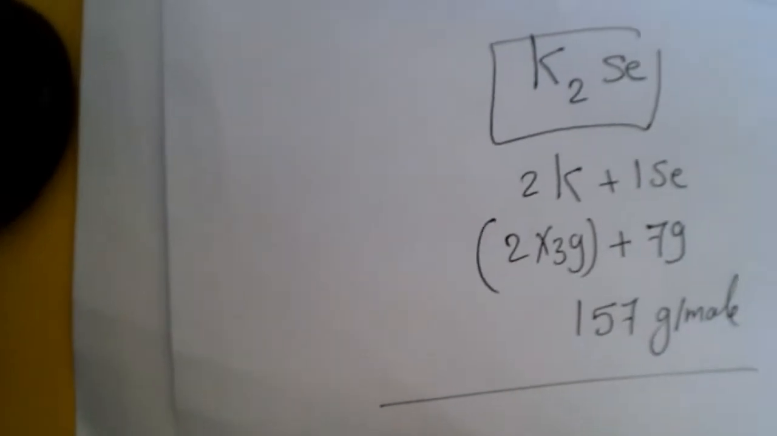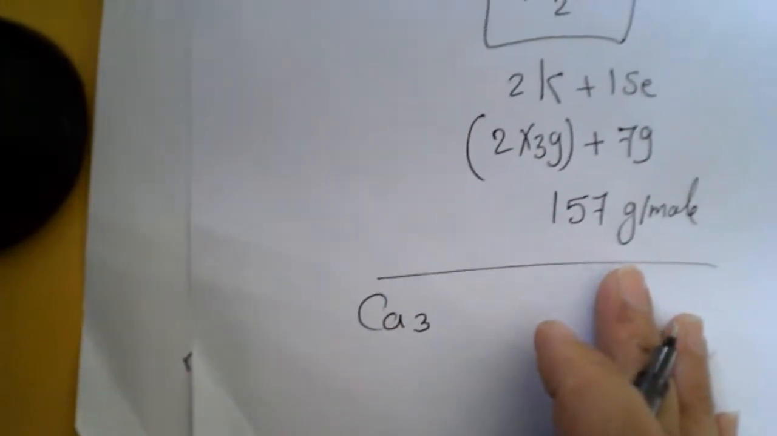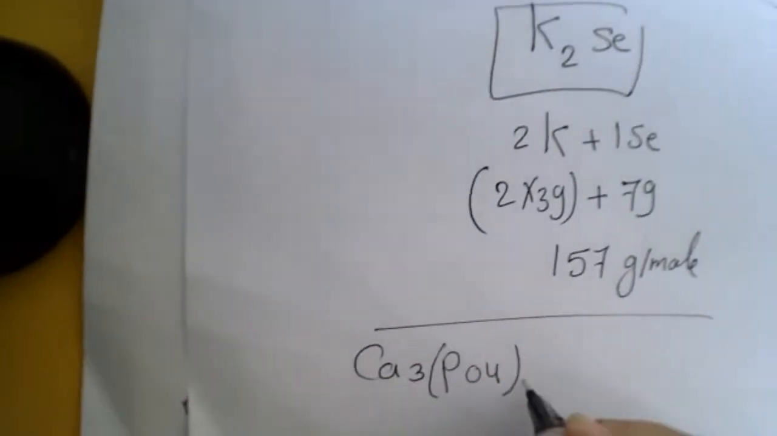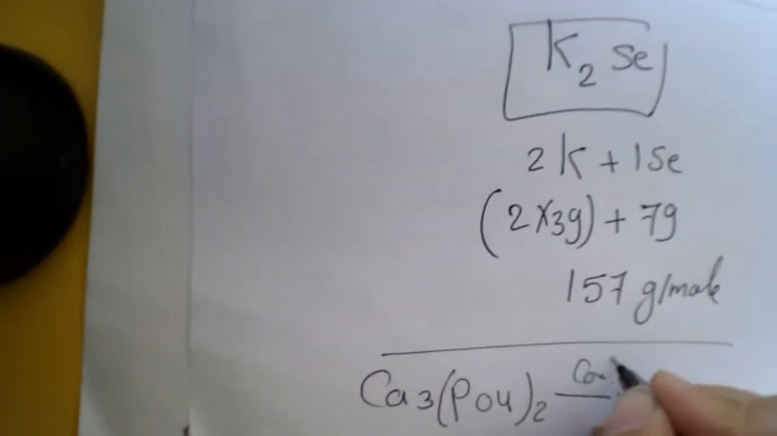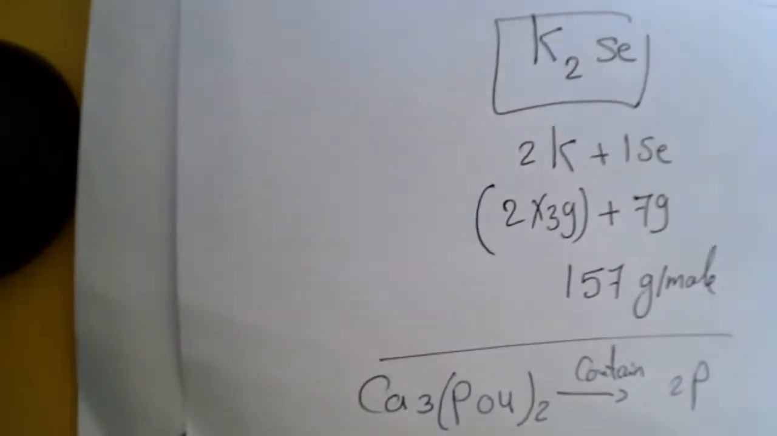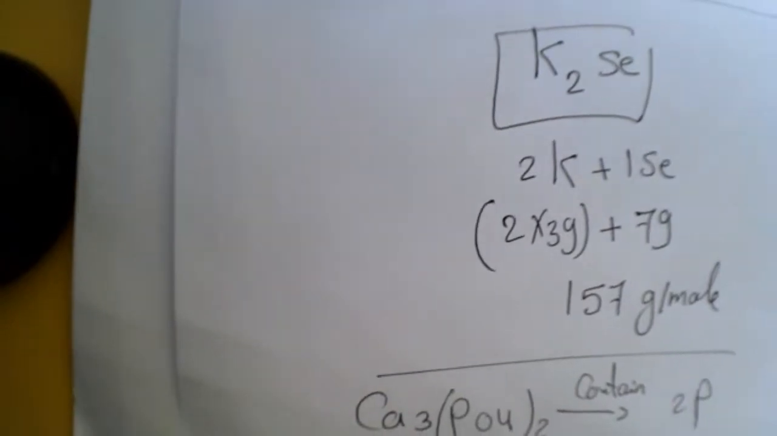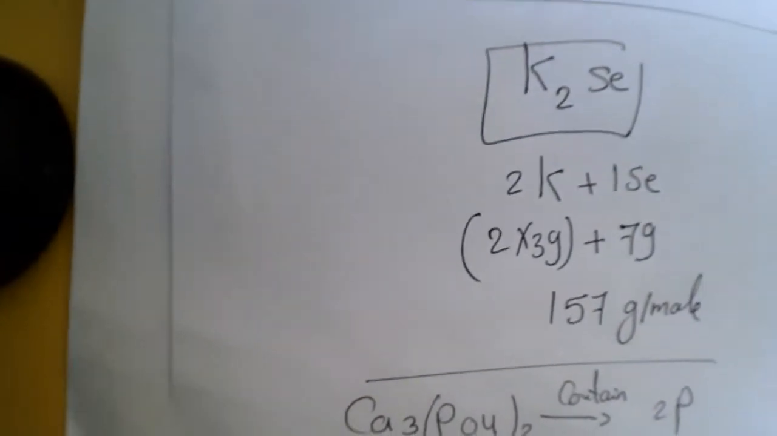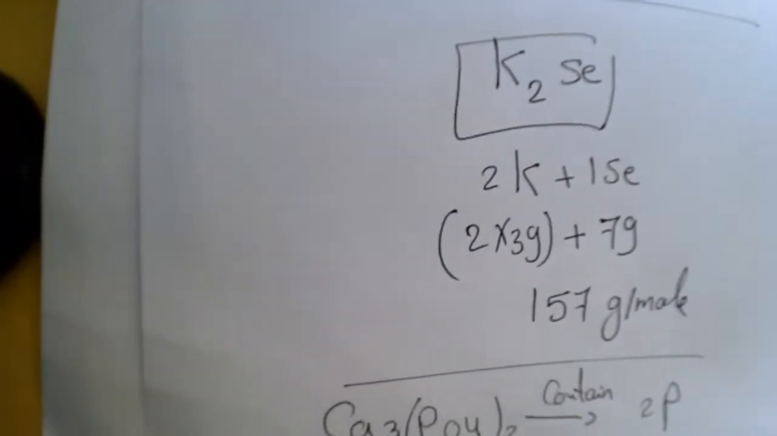Suppose that you have Ca3(PO4)2. It contains 2 phosphorus. So the number of phosphorus here equals